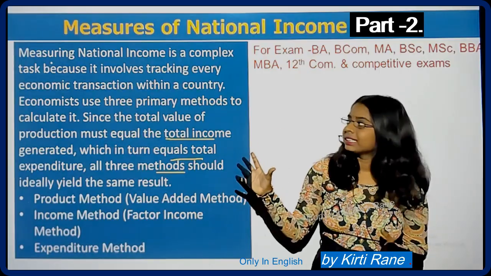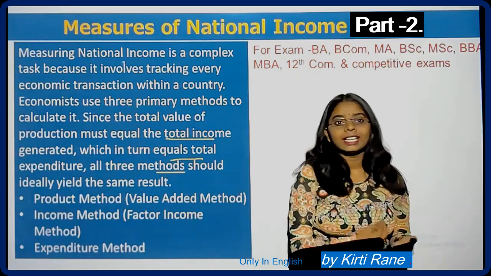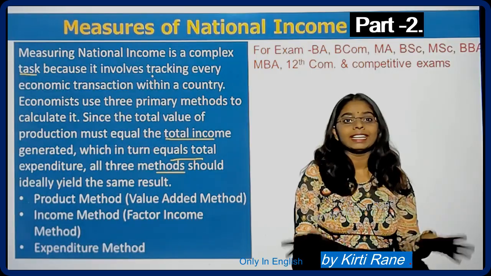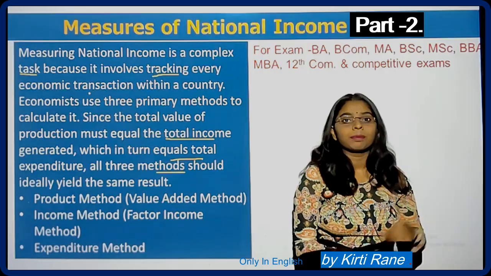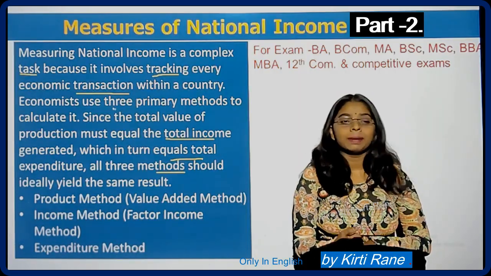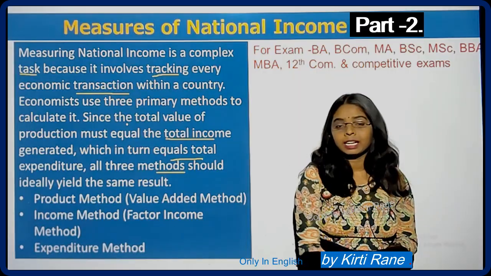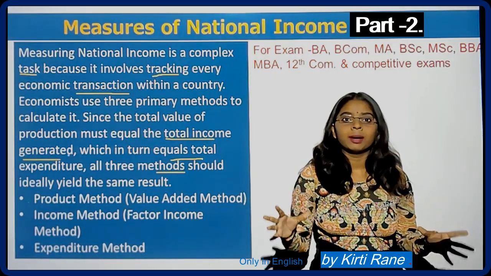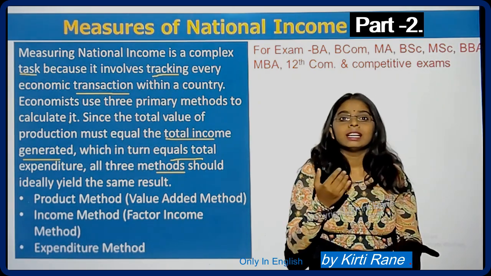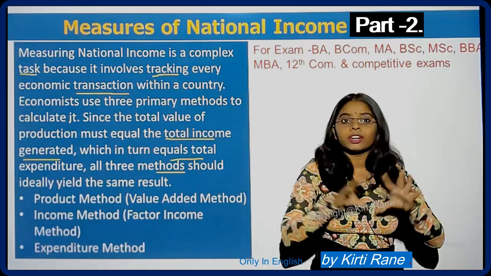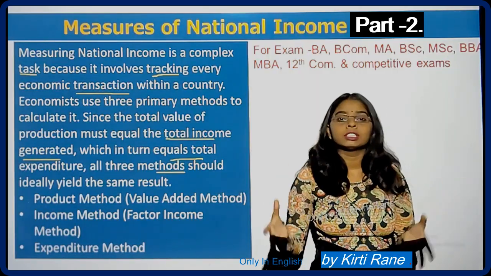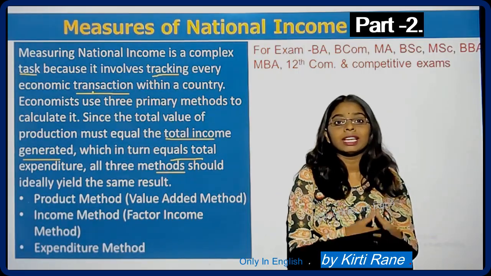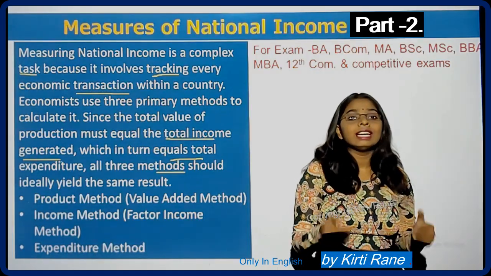So, what does it actually say? It says that to measure the national income, you need to track or identify every single economic transaction happening inside a country. Whether it is for the production of goods, for the expenditure, or how it generates income for one person. So it says that national income is the measure of product, right? Like NNP, the net national product. So it is a measure of product. So the amount of total goods produced would be equal to the amount of total expenditure, and in turn would be equal to the total income. Therefore, all the three methods yield the same result.